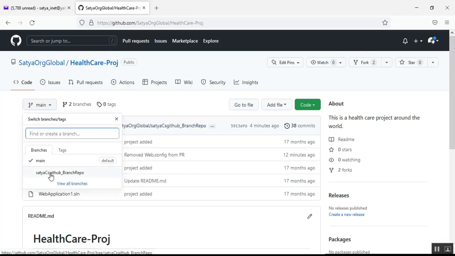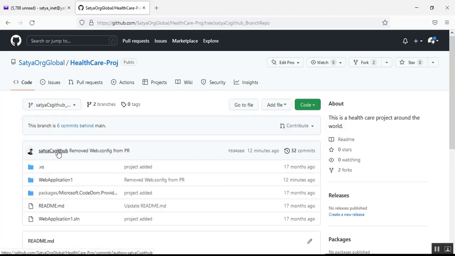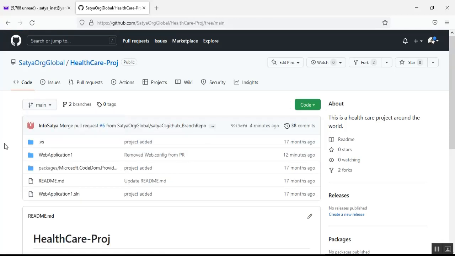And if you select here his branch, that is the Satya CS GitHub, that is the old commit message because I have selected his branch. In this branch he has added some comment during creation of the commit operation. If you select the main branch, he can check the status that Info Satya owner merge pull request 6 from this branch. All right, so what we'll do is